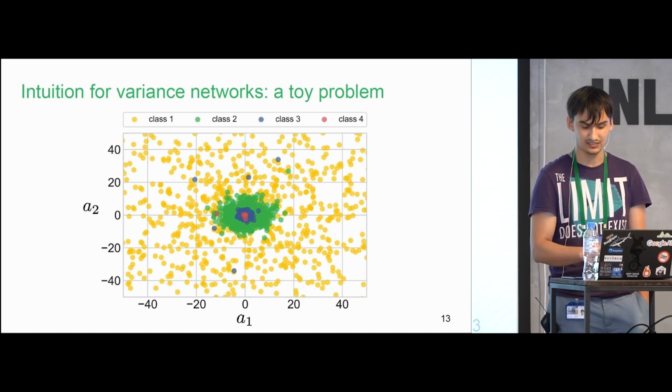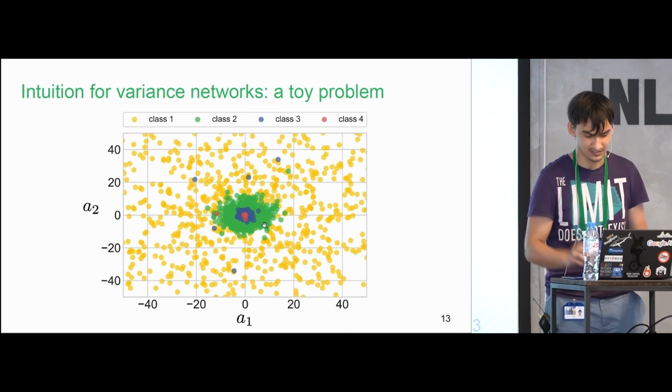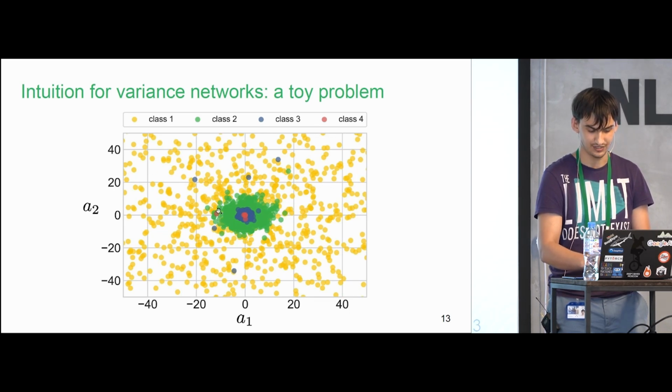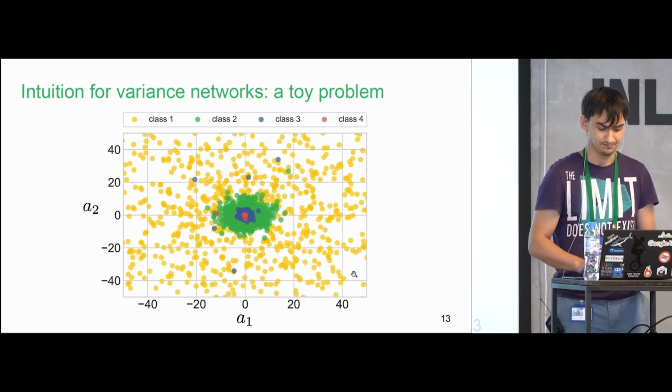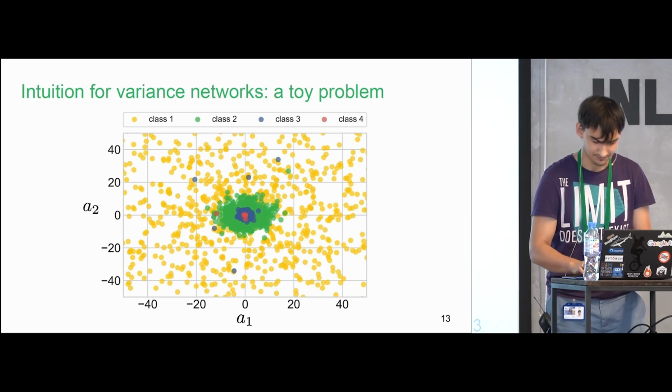And this is one example where different classes go to these different energy levels, and you can easily see that if you are over here, this is probably the yellow class. If you're here, this is the green class. Here, this is the blue class, and here, this is the red class. And this information is enough for quite robust classification.